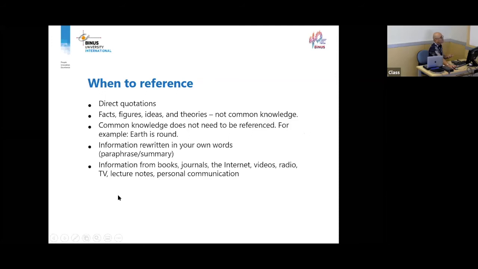So when to reference direct quotations. When you use direct quotations, meaning you make use of the exact words of the author, then you reference them. When you use facts, figures, ideas, and theories that are not common knowledge, then you have to cite your source.